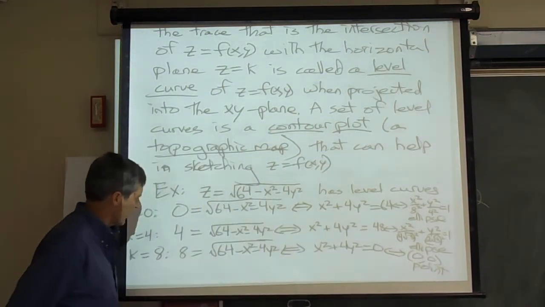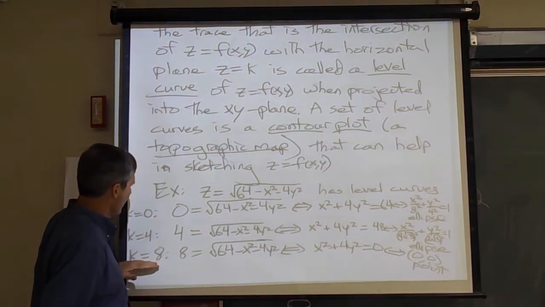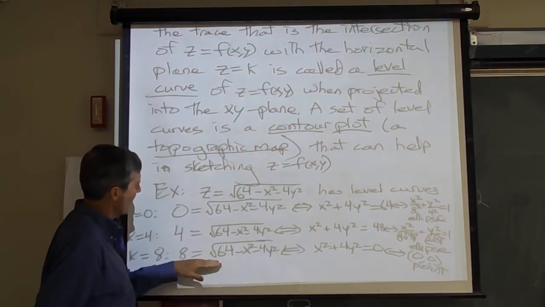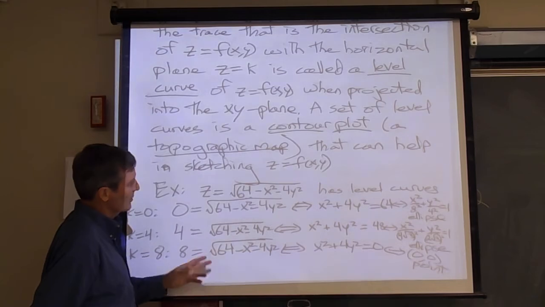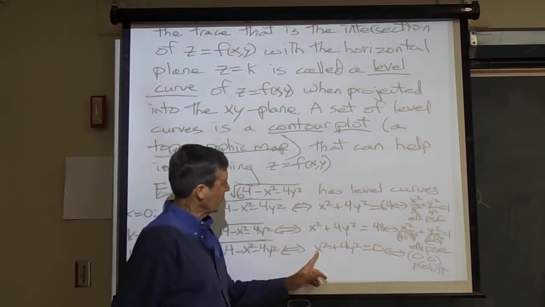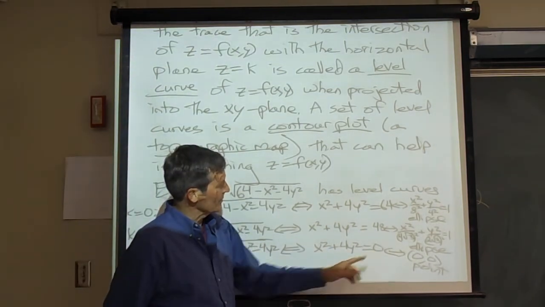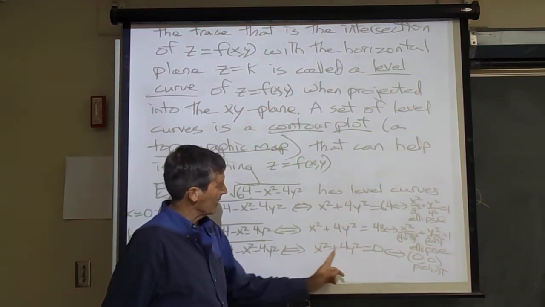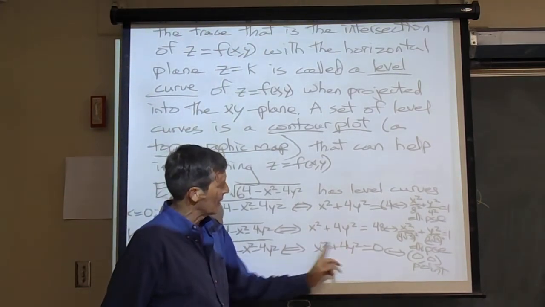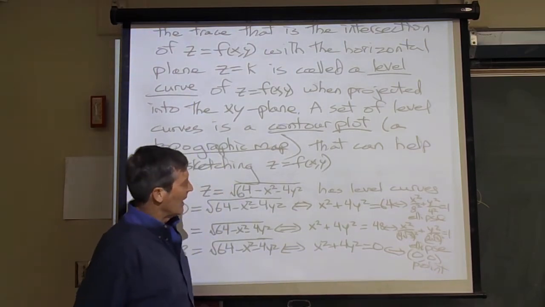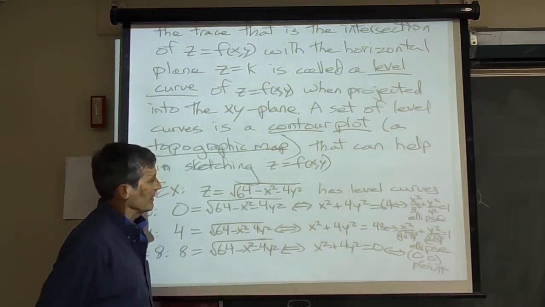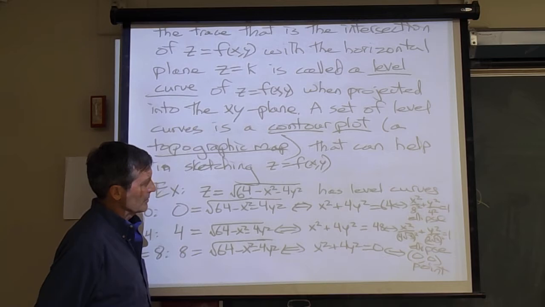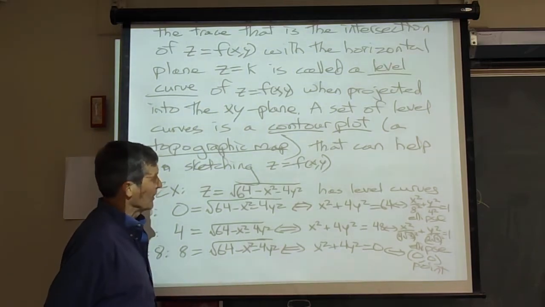Now we'll intersect it with the plane z equals 8. The k equals 8 contour we get is 8 equals all this. When you square both sides and subtract 64, you get x squared plus 4y squared equals 0. That's a single point, right? The only way you make this true is make x and y both 0, since these are both non-negative terms. So now this time the intersection is the point (0, 0), and we have 3 contours that we can plot